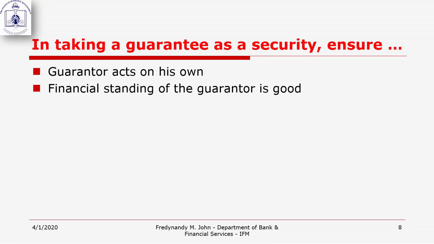Number two, the financial standing of the guarantor must be good. This simply means that the person who comes to guarantee needs to have sound finances. Remember, the guarantee contract is a secondary security over the primary security. So you do not want a guarantor to have some serious financial difficulty. If the guarantor has serious financial difficulty, it means that in case the principal debtor has failed to meet his contractual obligation, the guarantor also won't be able to assist the bank to recover the